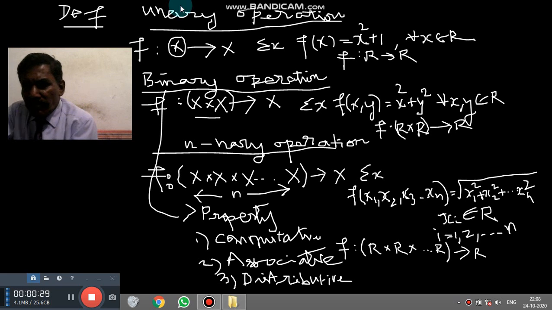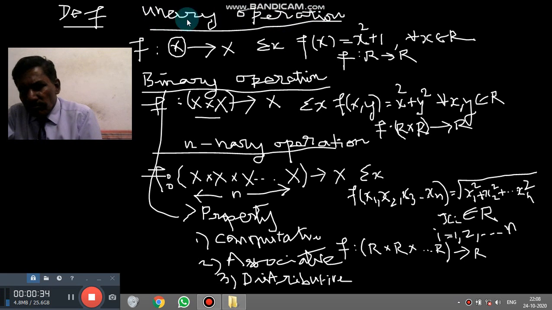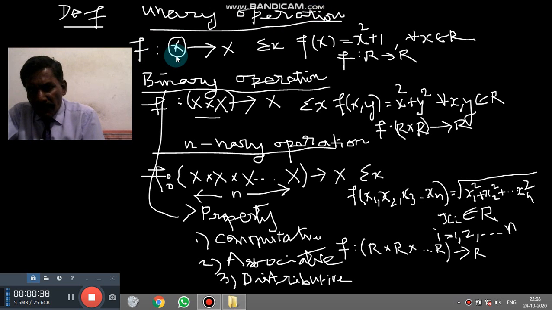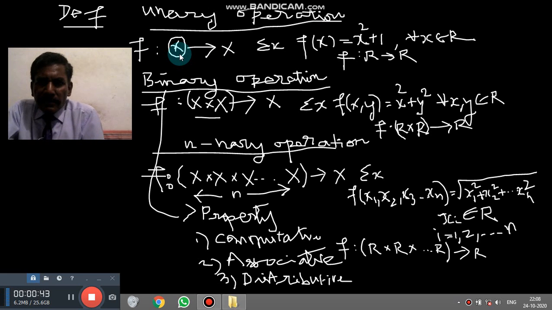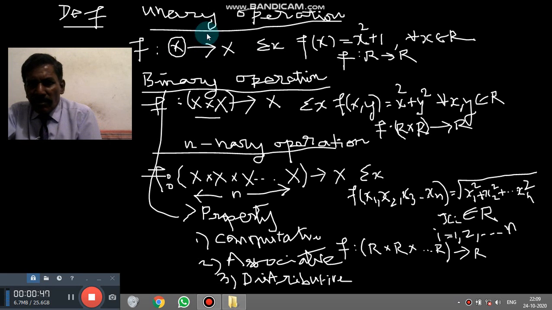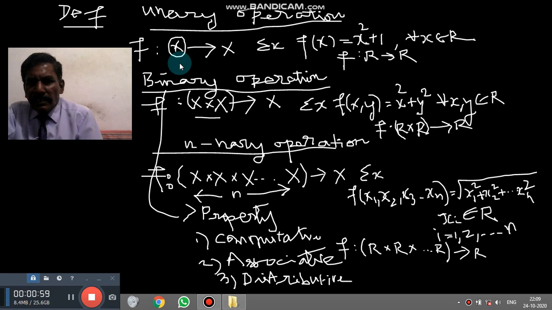The first type of operation, we call it as unary operation. Unary operation, that means what? If f is a function from x to x, then this type of function we call it as unary function, or unary operation, where x is any set as we had described in the algebra. And the example is given